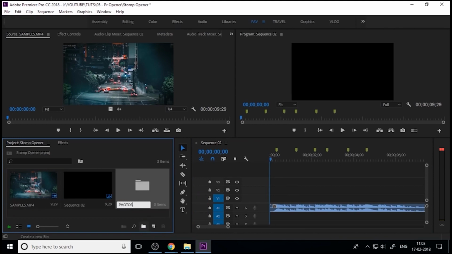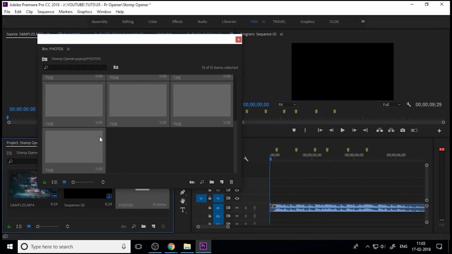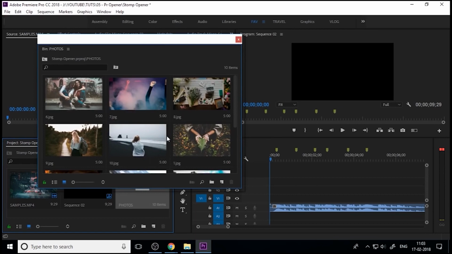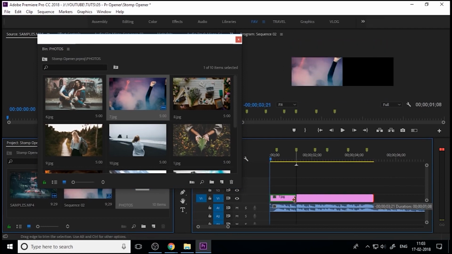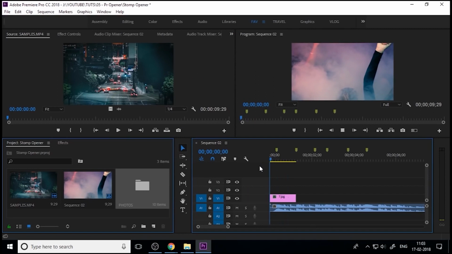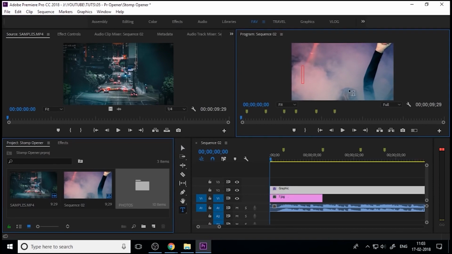And now you need to import your photos or background videos into Premiere. And next, I just drag into the timeline and set the duration as per the beats, because this is our first intro. The first slide. Now insert a text,